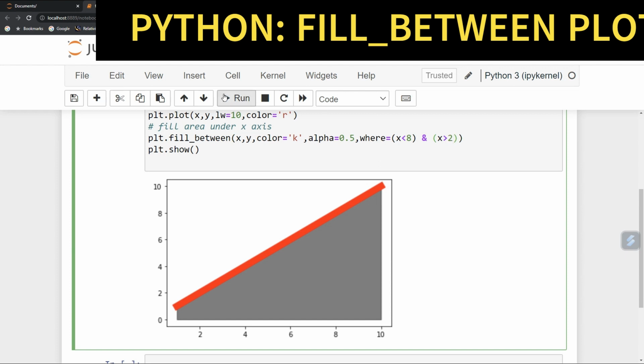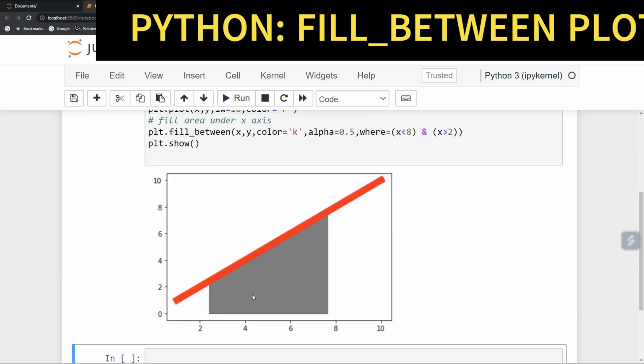Now run it. See, your shaded area has been changed. So this way you can customize your filling between the